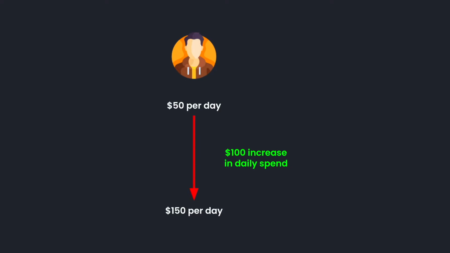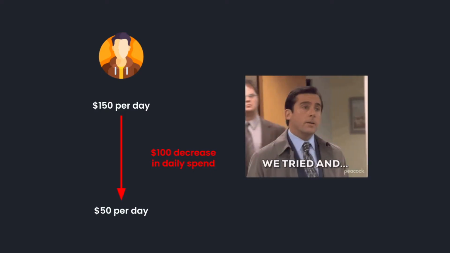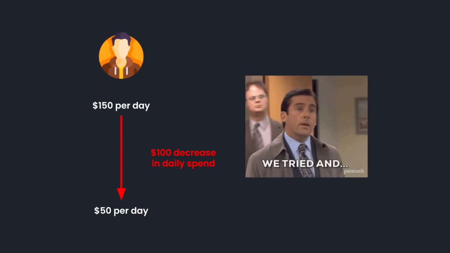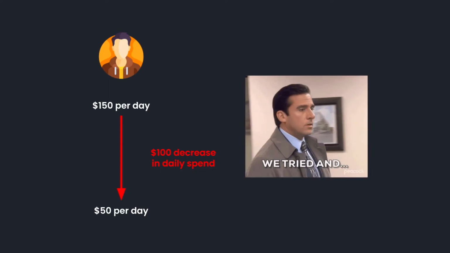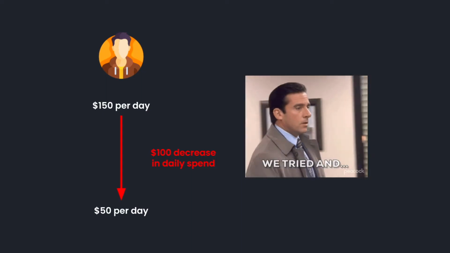$100 more is what Alex can spend right now and he is more than excited about the results and hopefully increasing revenues. However, unfortunately, Alex's performance dropped significantly 24 hours after he made the increase in budget. He lets it run for another 24 hours, but the performance does not seem to pick up. He thinks about all the money he's spending right now, panics, and therefore decreases his budget to the old levels in the hopes of getting the same performance as he did 3 days ago. But against Alex's expectations, performance does not seem to bounce back. Sounds familiar? I thought so.